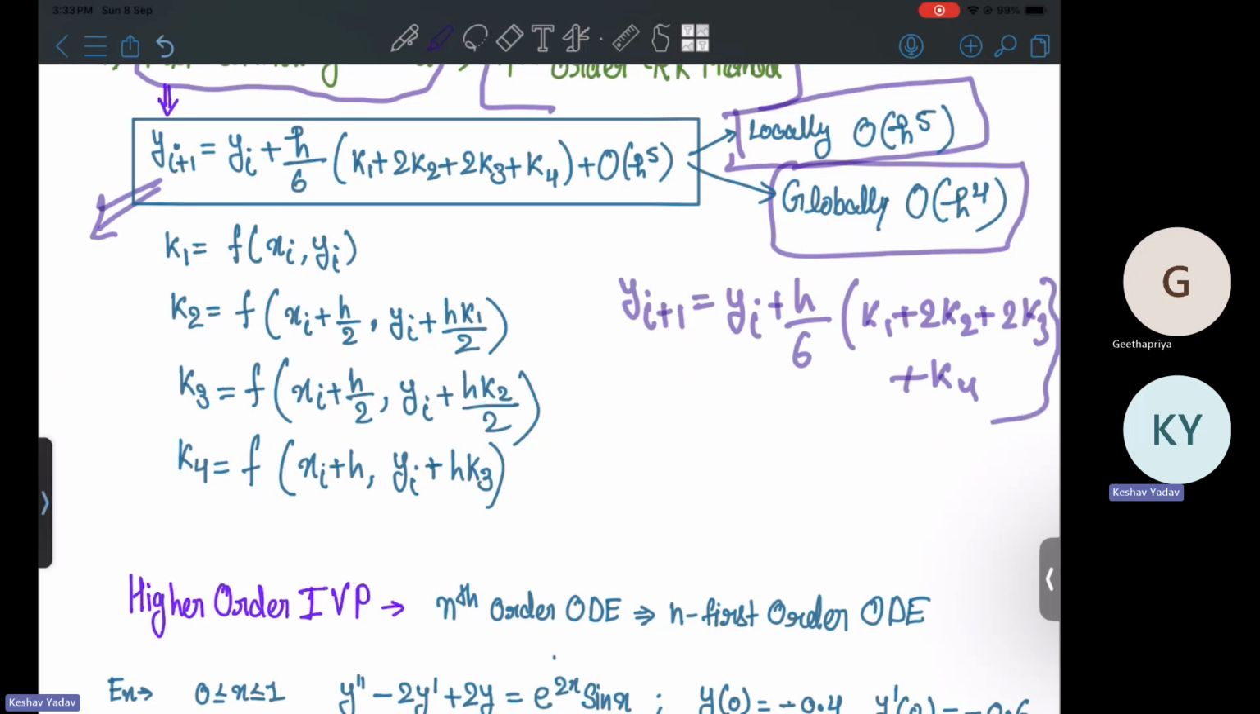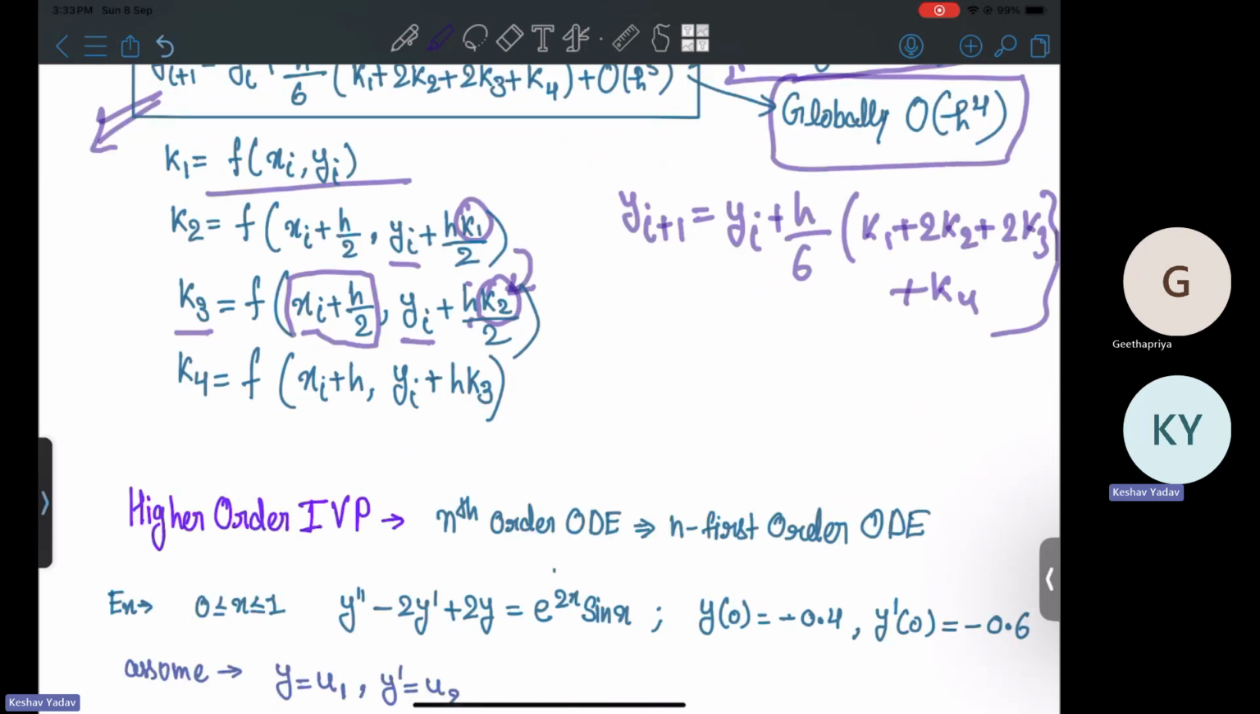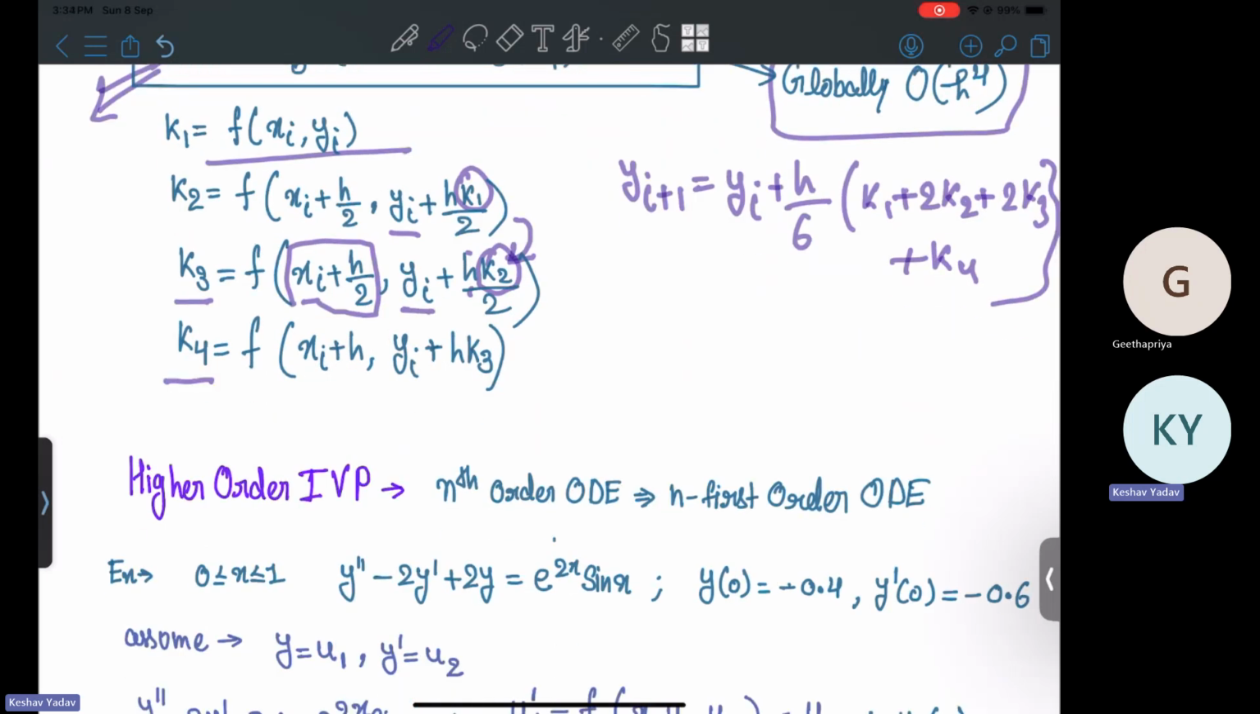This is what we will get, where k1 is the function at x i, y i. k2 is the function at x i plus h by 2, y i plus h by 2 multiplied by k1. Similarly, k3 will be the function at x i plus h by 2, y i plus h by 2 multiplied by k2. So we are including the previous k that has been calculated. Then k4 is the function at x i plus h, y i plus h multiplied by k3. Fine, clear. So now we will solve some problems